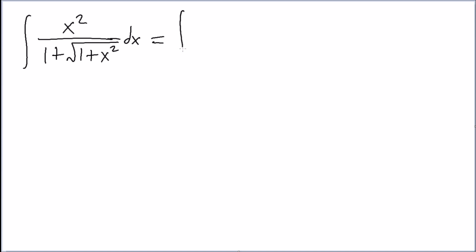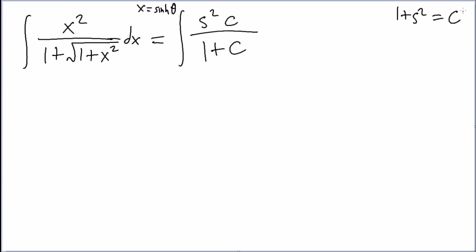What happens if we do a hyperbolic sub? In this case, x equals sinh theta. We get sinh squared with cosh theta, and then we have 1 plus cosh. Okay. 1 plus sinh squared is equal to cosh squared. Note that sinh squared is equal to cosh squared minus 1, and this is factorable. Aha, that's what we have. So we can